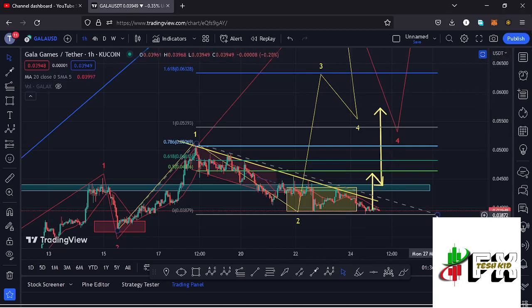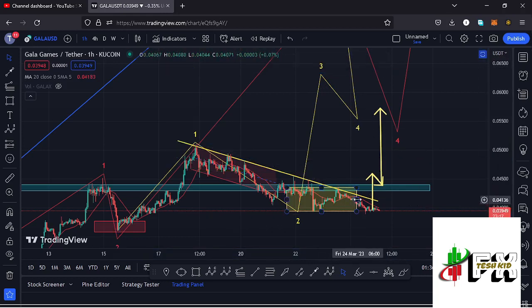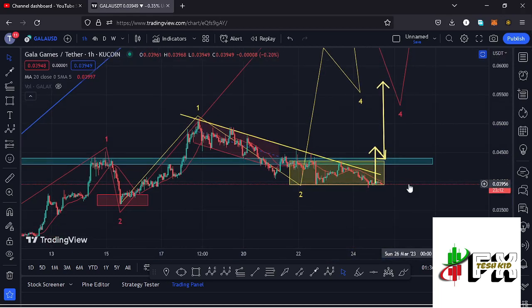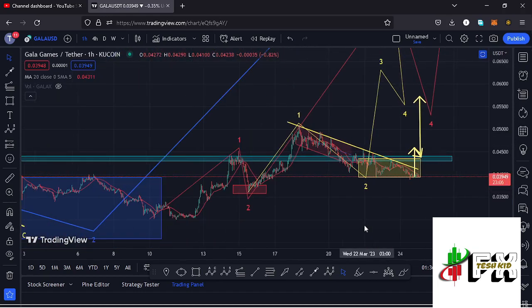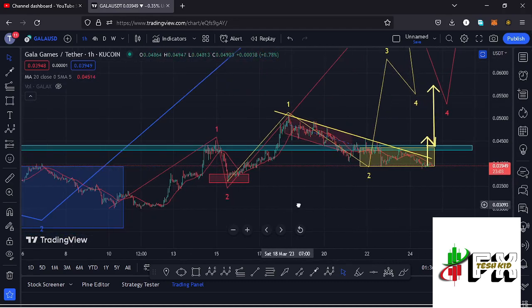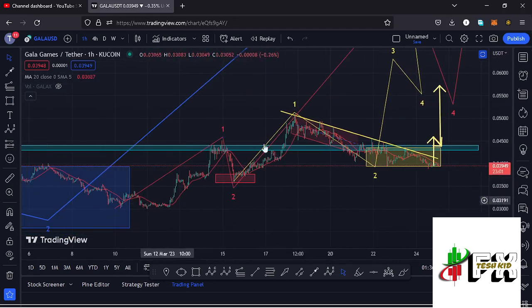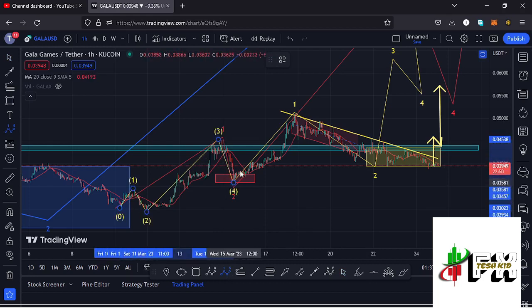But in case the breakdown continues and we lose the lower side of this yellow target area over here, which is the Fib level 0.78, then that would be suggesting an alternative scenario here on the Gala Games chart, and I have that alternative scenario with me, and I'll be showing it to you, where we can term this whole structure to the upper side as a larger Elliott wave count 1 to the upper side, having a fractal wave, having that as the first wave to the upper side, then a corrective structure in the formation of that wave 2, then a wave 3, then a wave 4, and then the wave 5 giving us the high for that larger Elliott wave count 1 to the upper side.